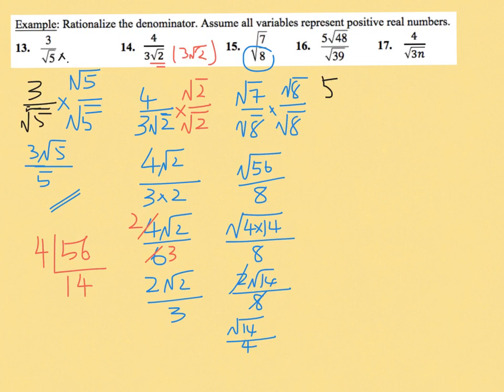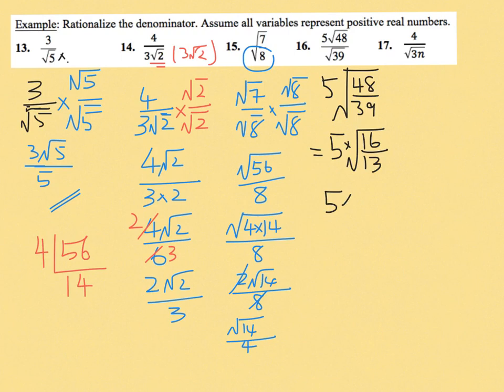So 5 times square root of 48 over 39, and we know that both numbers 48 and 39 can be divided by 3. So 48 divided by 3 is equal to 16, and 39 divided by 3 is equal to 13. So from here I end up with 5 times square root of 16 over square root of 13,